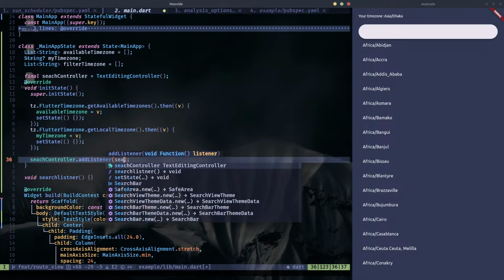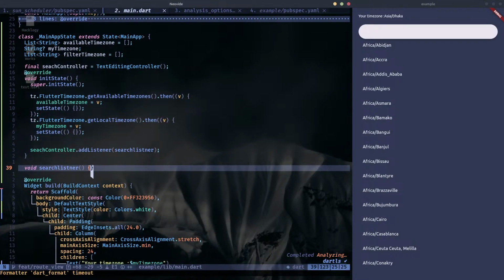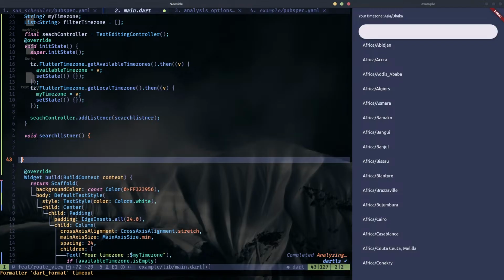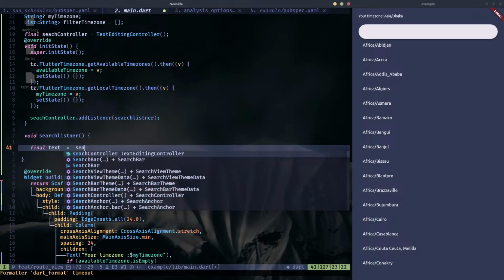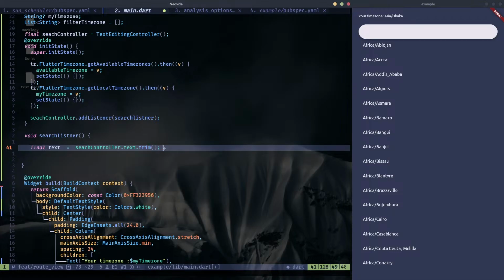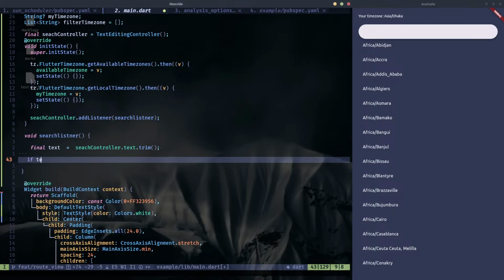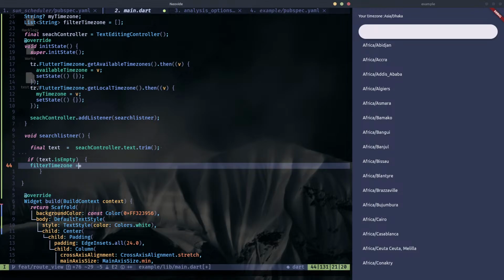Now search controller dot add listener, we can just use filter. I just use the listener here. Listener, search listener. So listener, and I'll handle it in a separate method like this one. Provide search listener. I know this one. Did it go search listener? No, no. Search listener, this one. And I can listen to this one. So what we'll have? Final text search controller will have this text. We can just trim it. So if text, okay, one thing I forgot. If text dot is empty, if this is empty, then we'll have filter time zone is equal to available time zone,